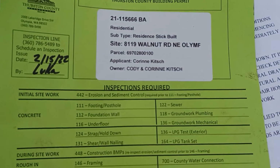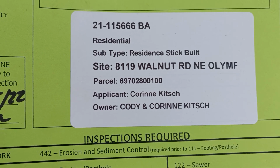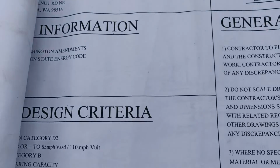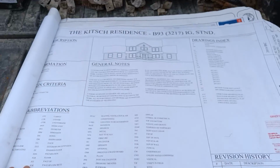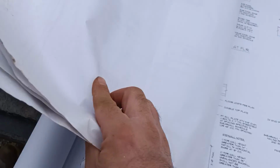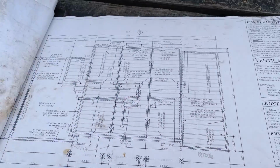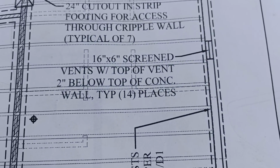This is a video inspection for foundation wall for permit number 21-115666. This is the stamped copy of plan with engineering. We will first go to our basic foundation page. It should be right here as shown, and you'll see for your records it calls for 14 vents,